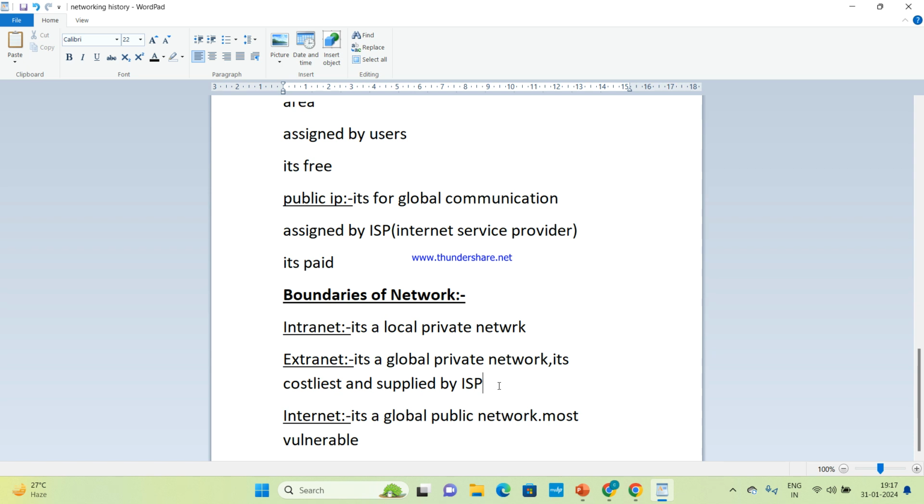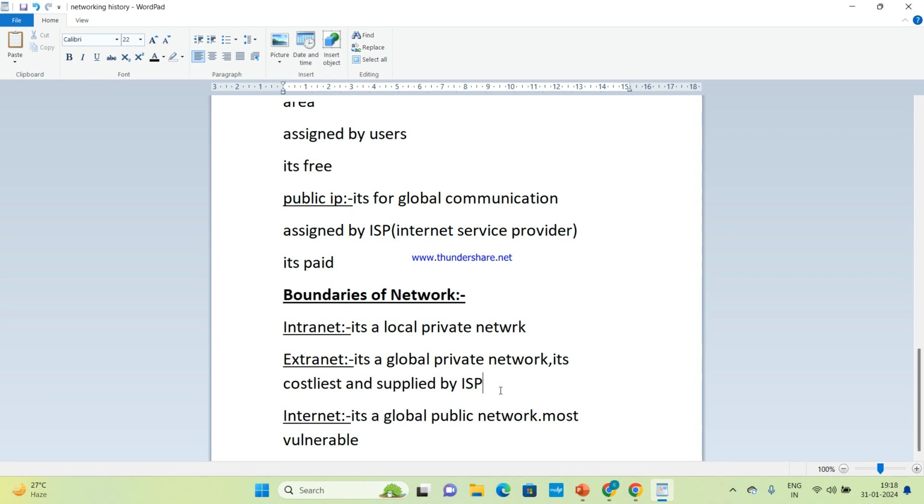Extranet will be very costly, like monthly it will be 15,000 like that. Internet is cheap and most vulnerable.